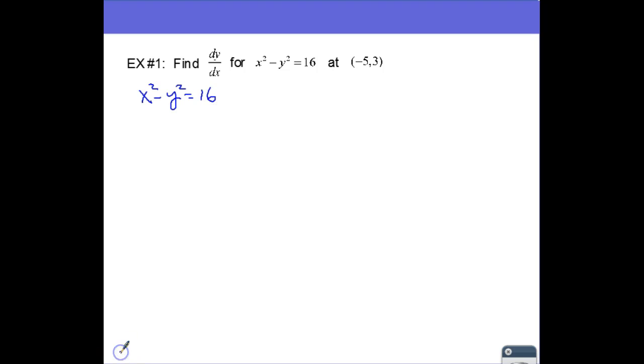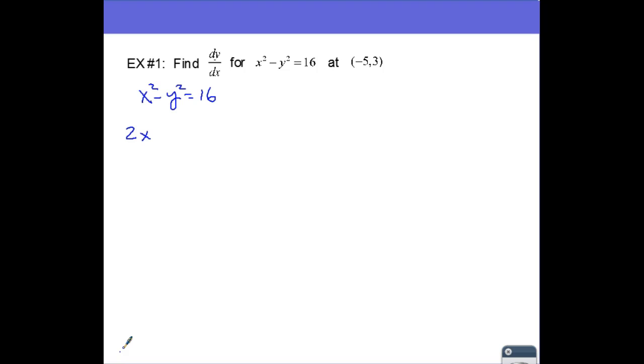There's no need for me to solve for this in terms of y because I'm going to differentiate this implicitly. So let's go ahead and take the derivative of both sides. If I take the derivative of x squared, I'm going to take the derivative just like I normally would. I just applied the power rule to that. So y is not the only thing that gets